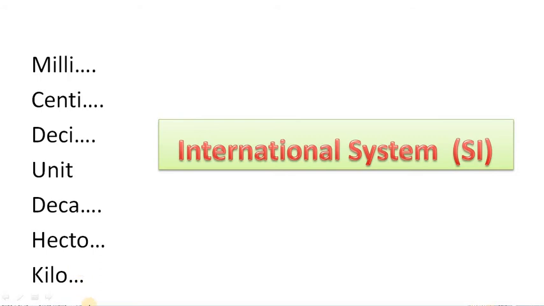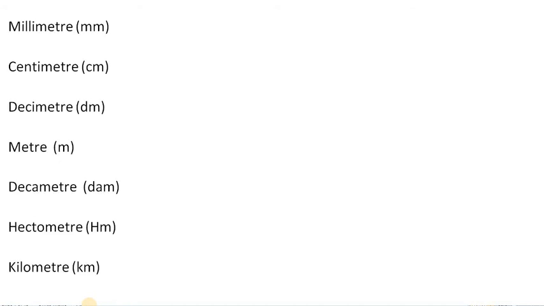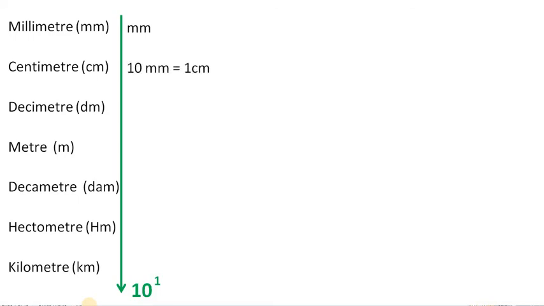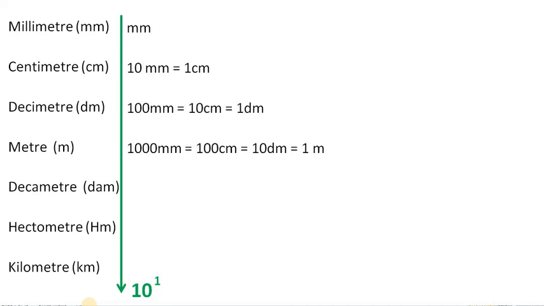Let us see the relation between these milli, centi, and so on. If we take it as length, then it will be millimeter, centimeter. And what is the relation between those? We'll see now. This sequence will increase 10 times greater than the previous. Suppose we take centimeter, then it is expressed as 10 mm. So 10 mm is 1 centimeter. Here the increment is 10 to the power 1. Likewise, 10 centimeter is equal to 1 decimeter. 10 decimeter is equal to 1 meter, which is also 100 centimeters and 1000 millimeters.